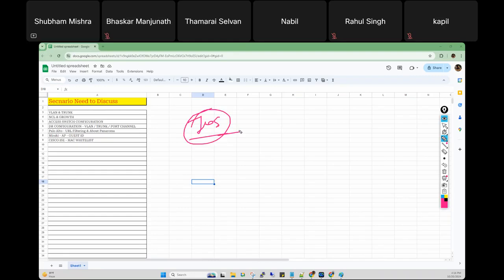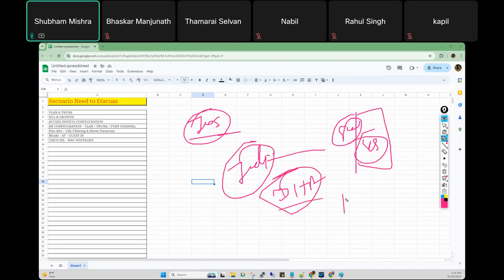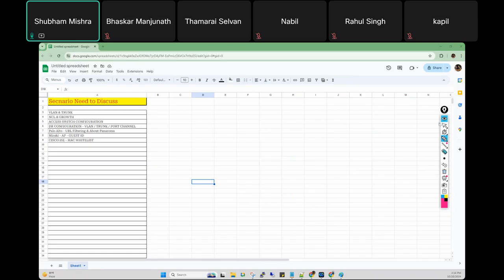Or from a server. But for example, this switch is located in the US and you are sitting in India. Is it possible? No. So basically, by the help of DNA, you can upgrade the switch remotely. Getting my point? That is Cisco DNA.